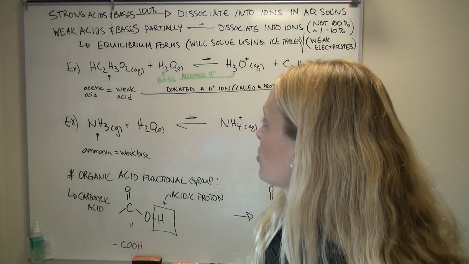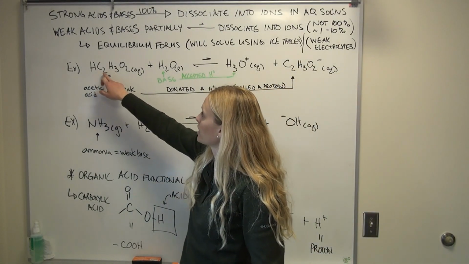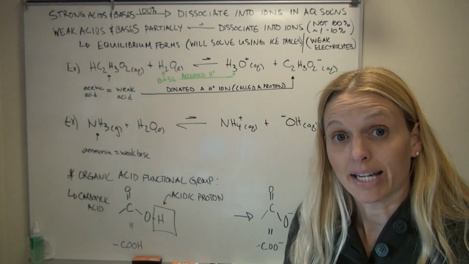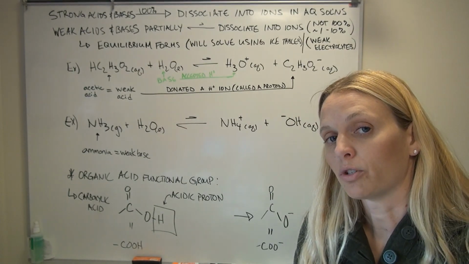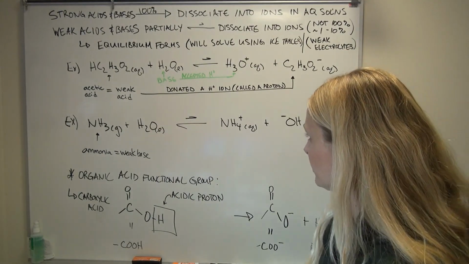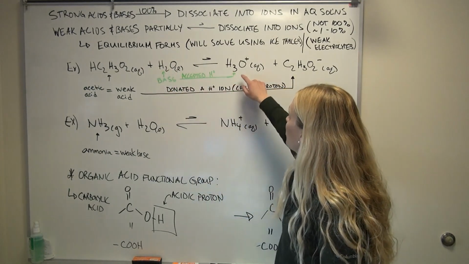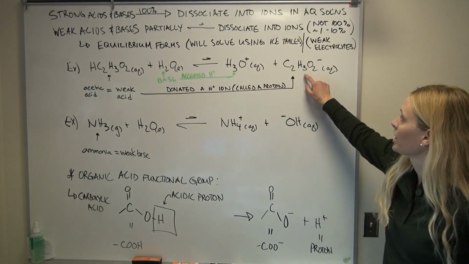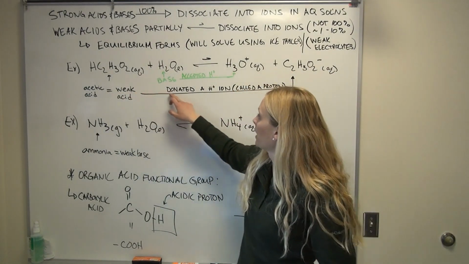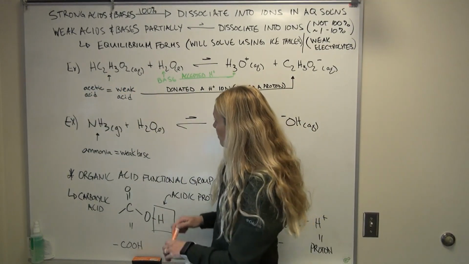Okay, just to give you an example of a weak acid, over here is acetic acid, C2H3O2. That is the acetic acid found in vinegar that we will be using in a titration experiment shortly as well. So acid plus water, we will form H3O plus and C2H3O2 minus. You can see that this weak acid donated a proton ion. It donated this hydrogen right here